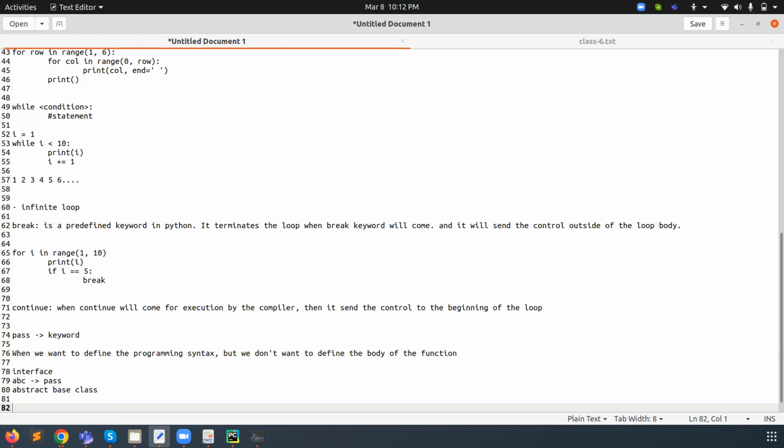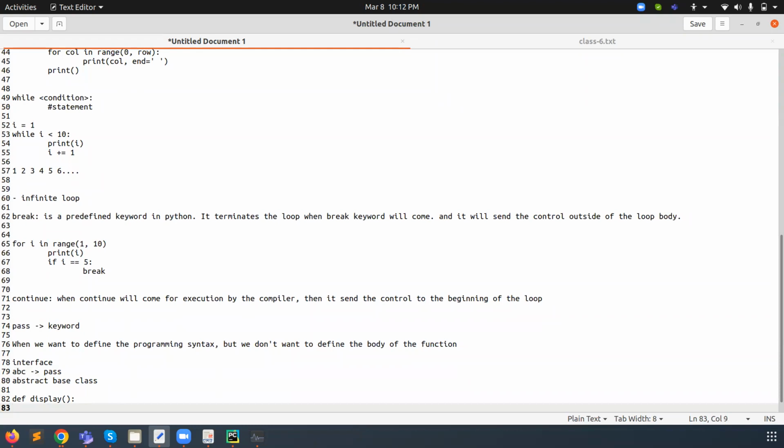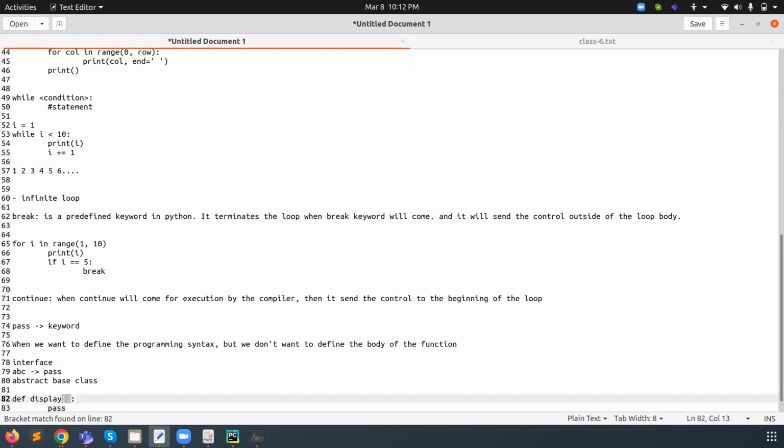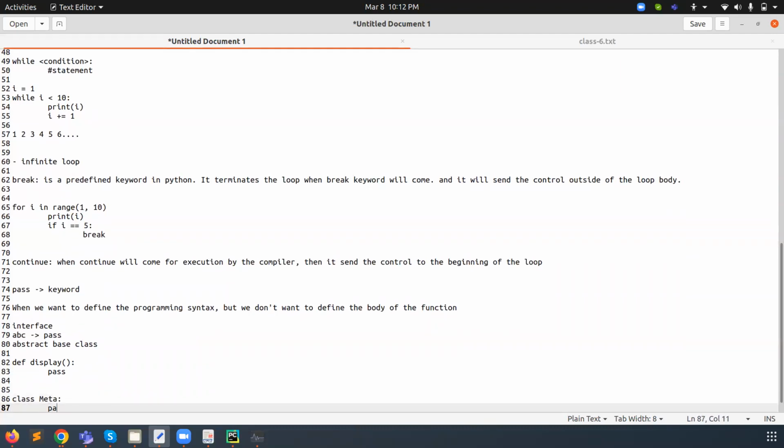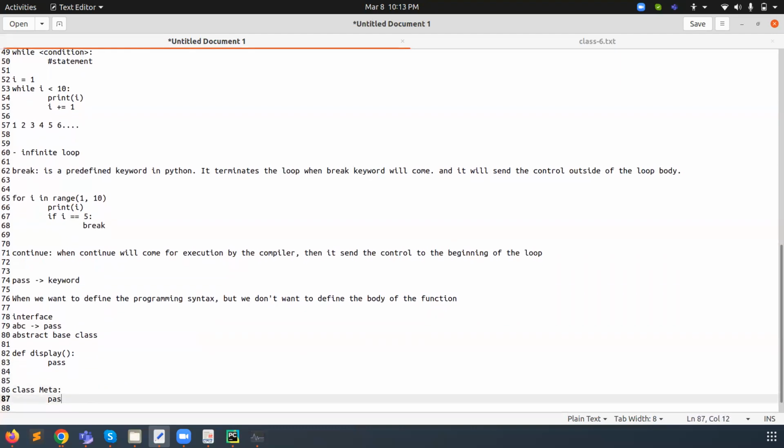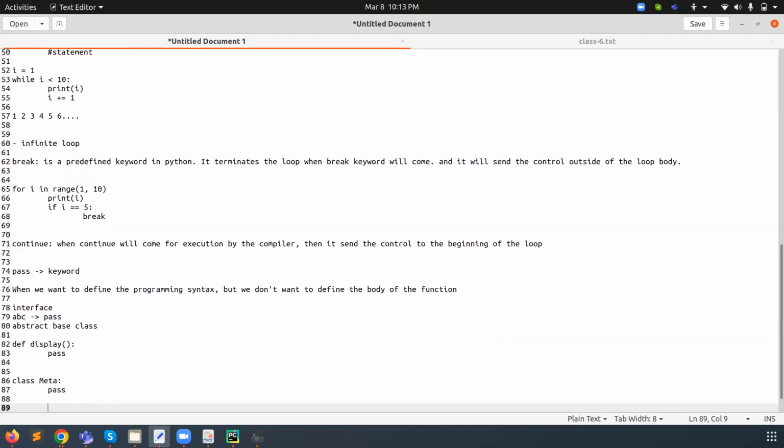So here, what is the role? When we want to define a function, like we have defined the display function here, but we don't want to define the body here. We want to only define the function name or the class name. Like if we define class meta, and here we don't want to define the class body, at that time we only give the pass keyword.